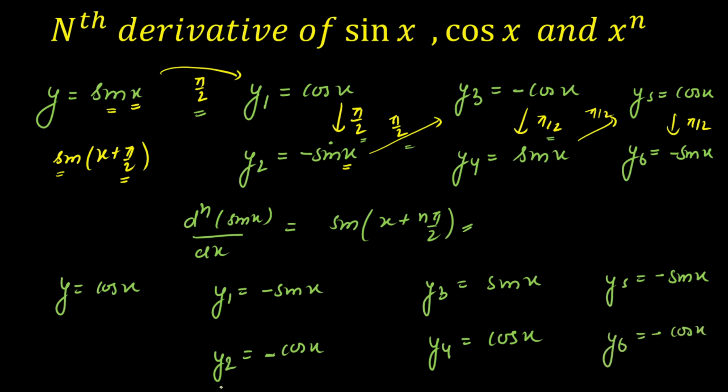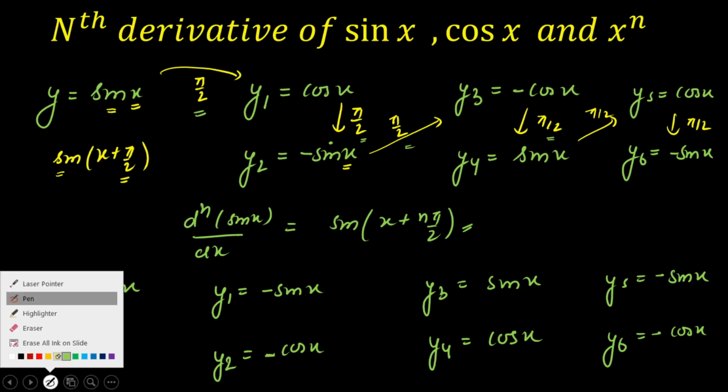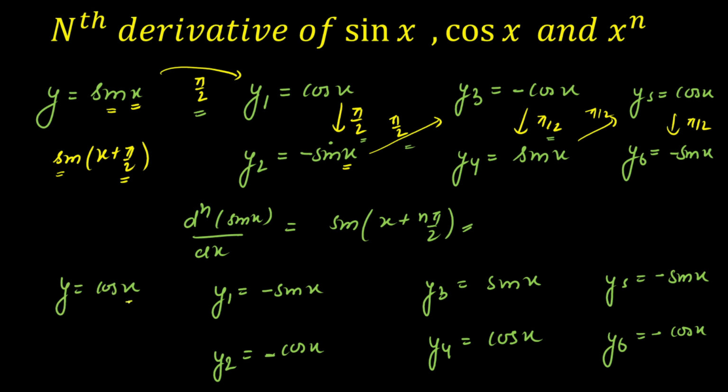Now we'll generalize using these results. Here I can generalize easily. If I differentiate once, I'm adding pi by 2 angle in x, so this will become cos of x plus pi by 2. Now for cos of x plus pi by 2, the t ratio will change, cos to sin, and we are landing in the second quadrant. That's why a negative sign will appear. So differentiation of cos of x can be written as cos of x plus pi by 2.